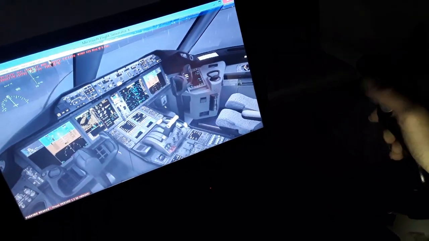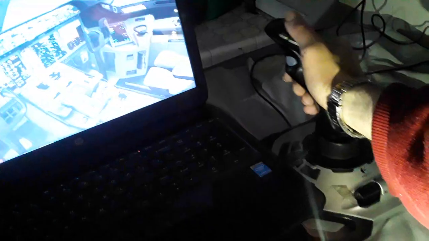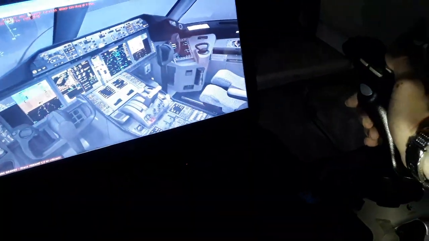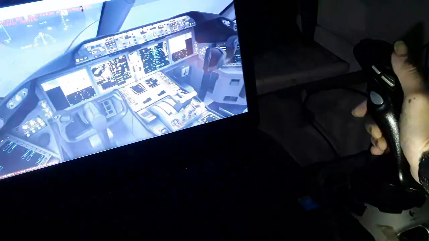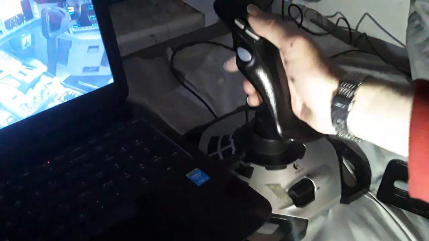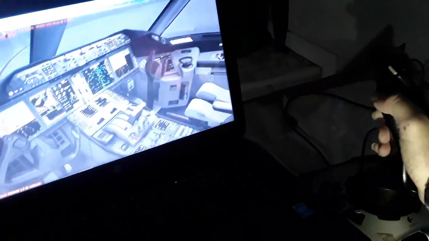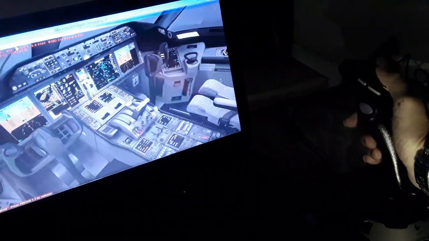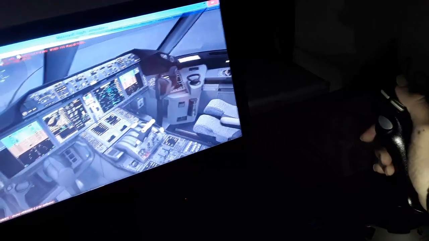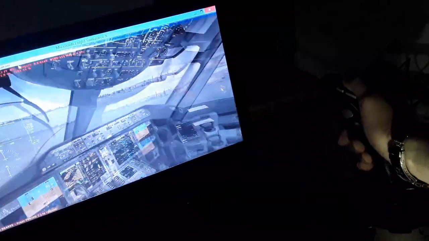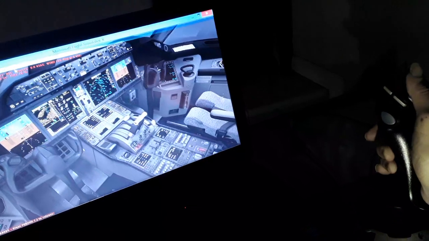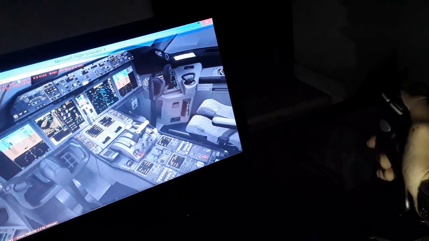Unless we have a failure, we don't have the side stick priority like in the Airbus aircraft side stick. So you can see the yoke I'm using, the side stick I'm using for controlling the flight controls here, is controlling the yoke. This is a fly-by-wire aircraft also, as you can see. When you move the side stick in the air, the yoke actually, or rudder pedals, you give orders